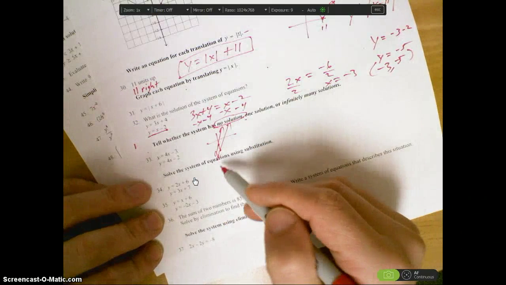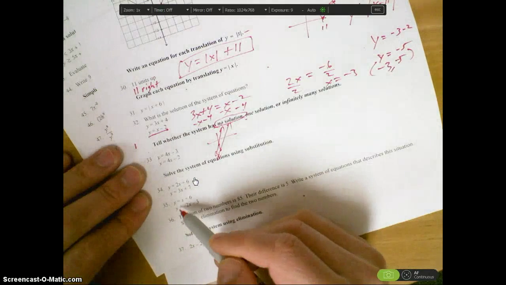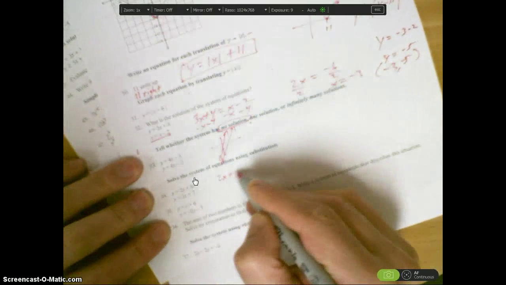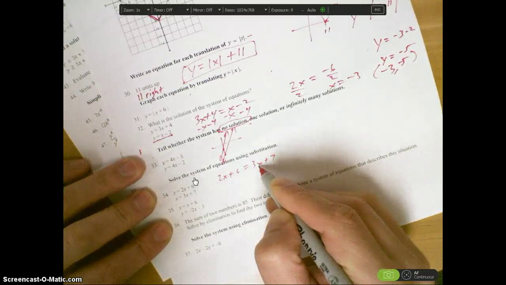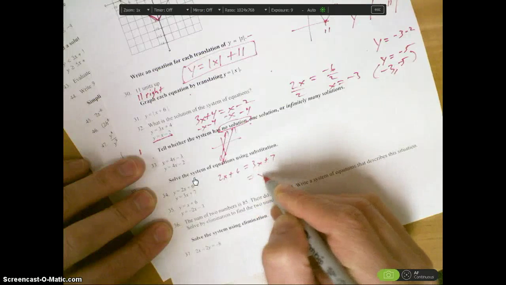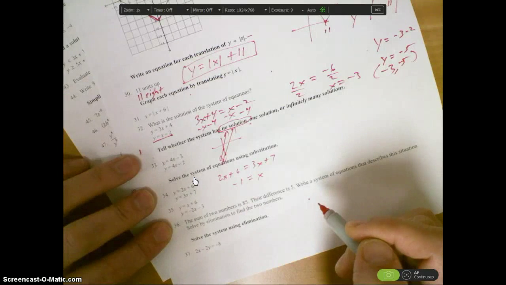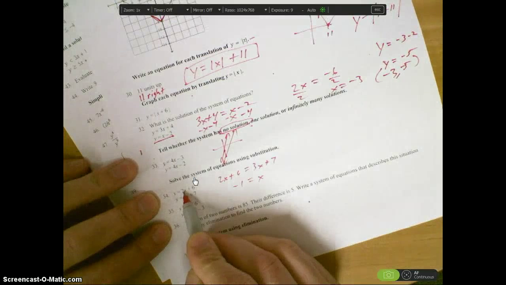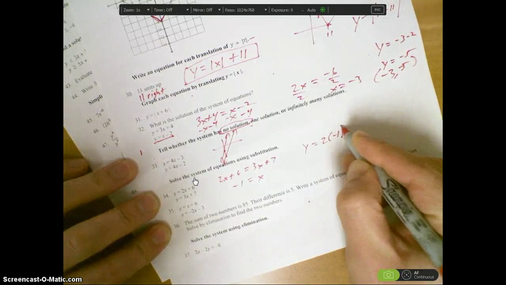Solve each system of equations by using substitution. They're all solved for y, so this is just like the problem in 32. Nothing different. 2x plus 6 equals 3x plus 7. I'm going to subtract 2x to get x on the right. I'm going to subtract 7 to get negative 1 on the left. And then I've got to plug it back into one of these. I'll do the top one. So y equals 2 times negative 1